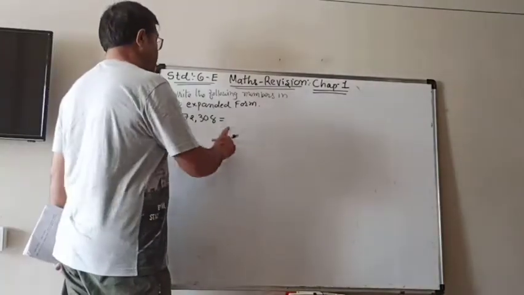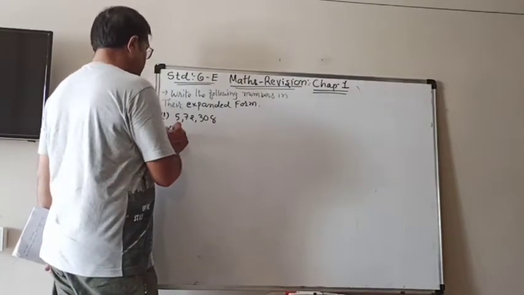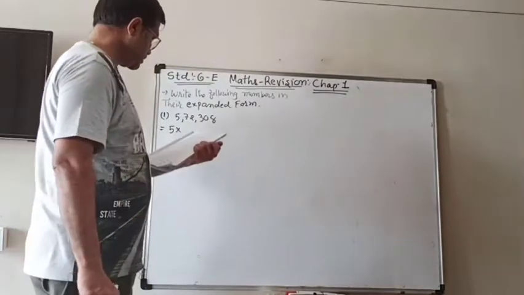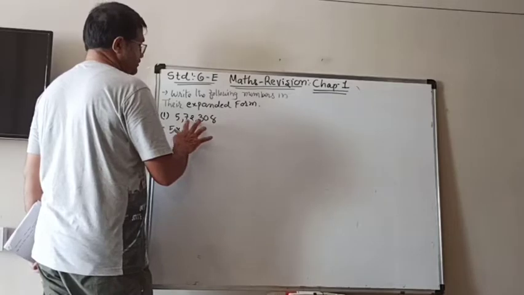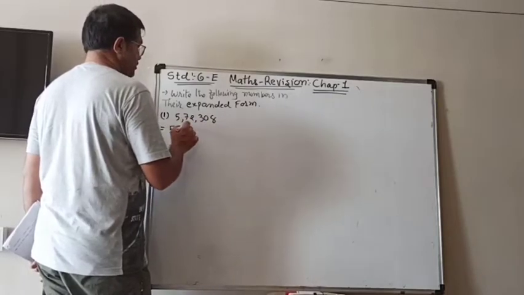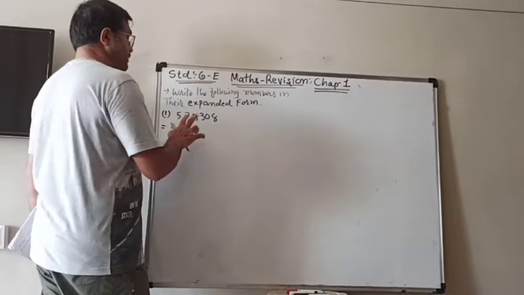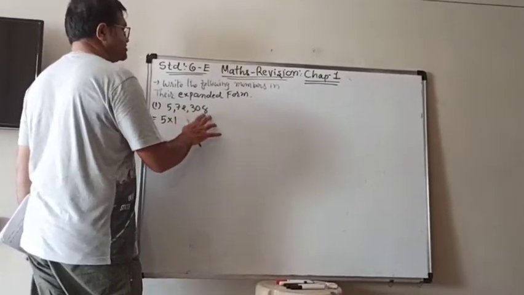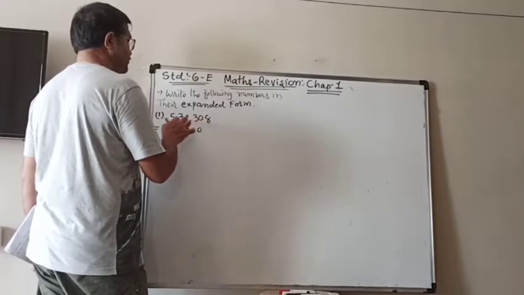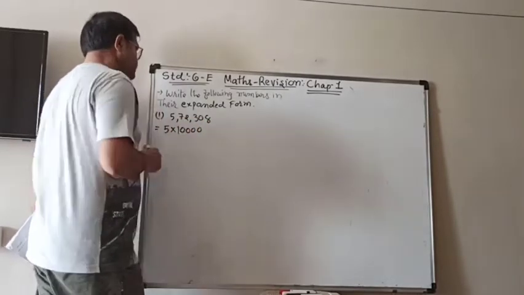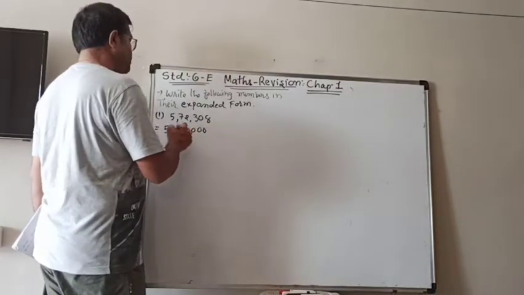Now, in expanded form, it means that we have to write down 5 into what is the place value. So, as I explained, after that number, count how many digits there are. That many 0s must be there. 1, 2, 3, 4, 5. So, 5 into 1 lakh